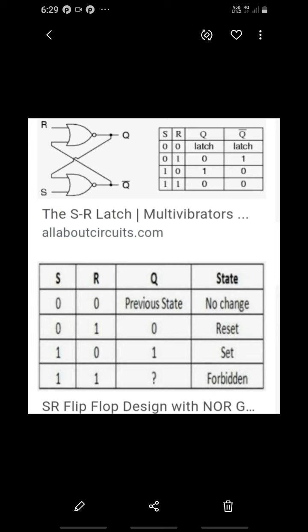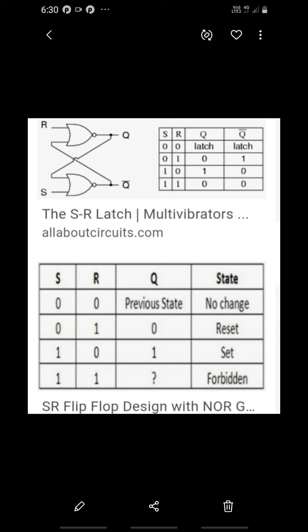And next 1 0, so here 1 and this is 0, 1 0 means 0 and 0 0 is 1, so this is the reset. Okay,